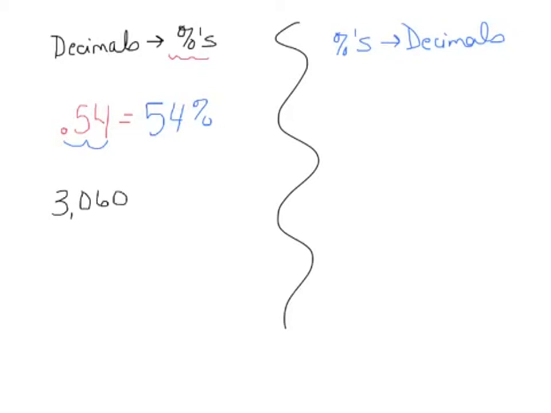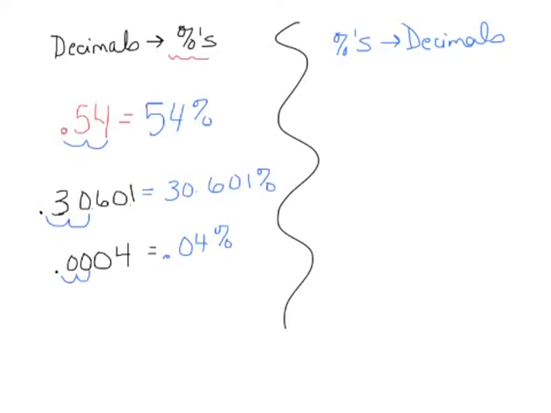Now if I had 3,060, I would still... let's change this up. Let's pretend it was 0.30601. I would still just move the decimal place 2 places to the right. This would be 30.601%. Let's say it was 0.0004. Okay, I would still move the decimal place 2 places to the right, so it would be